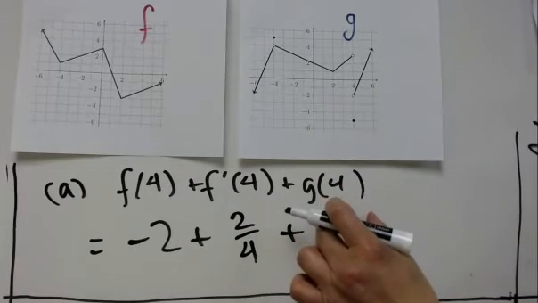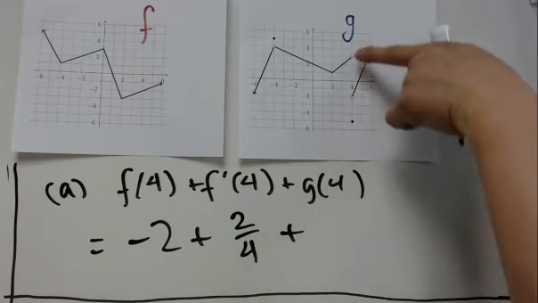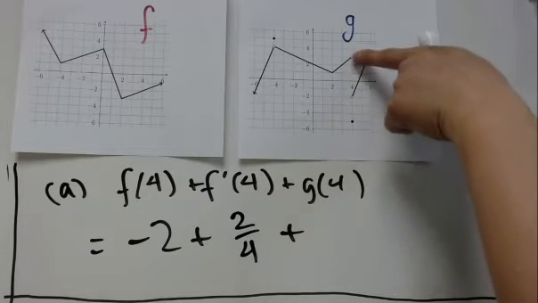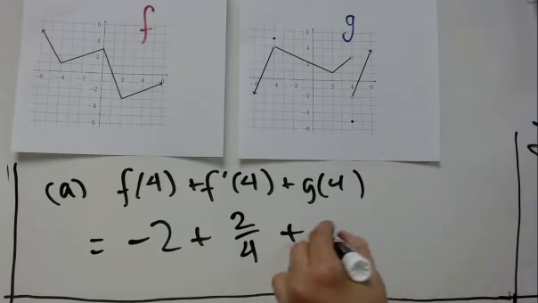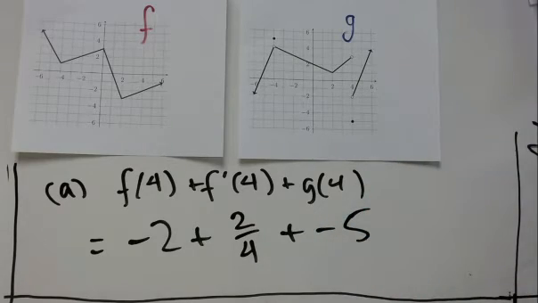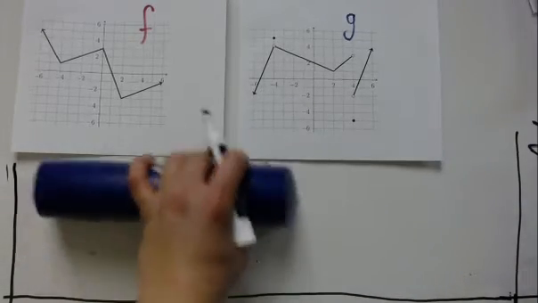What about g of 4? Again, an algebra question. We don't look here or there, because those are limit questions or calculus questions. We look where there's a solid dot, and that y value there is -5. Sure, this simplifies, but let's not worry about that. Now, if we go to part B